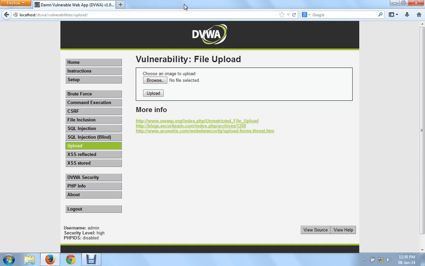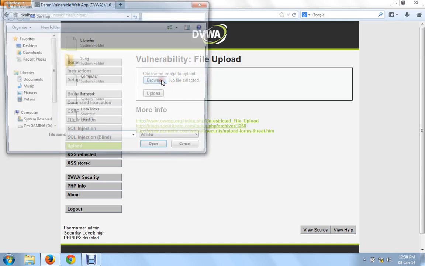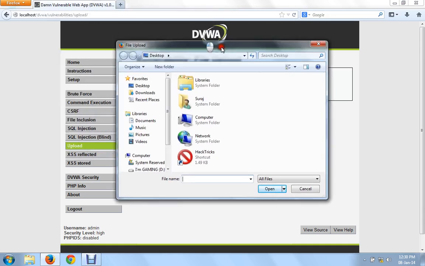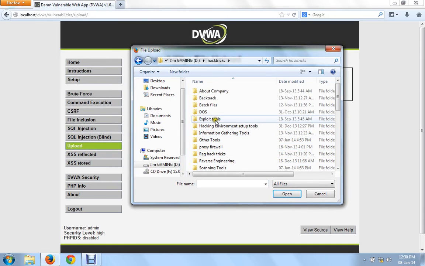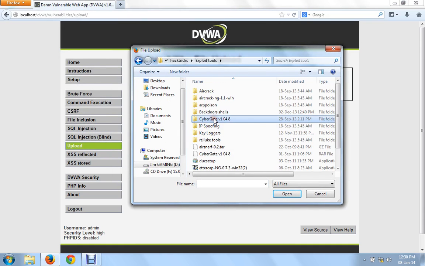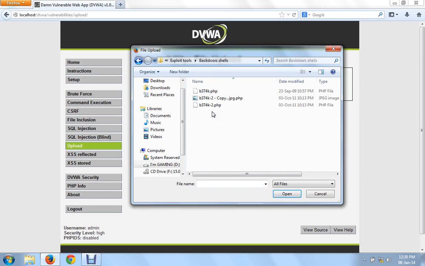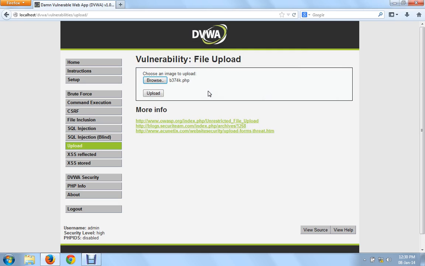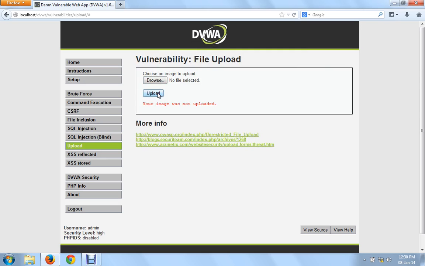Rather than explaining, I would like to show you an example. I'll browse and go to my script, that is backdoor shells. This is one of the PHP scripts. I would like to apply this PHP script over here. I'll click on upload.